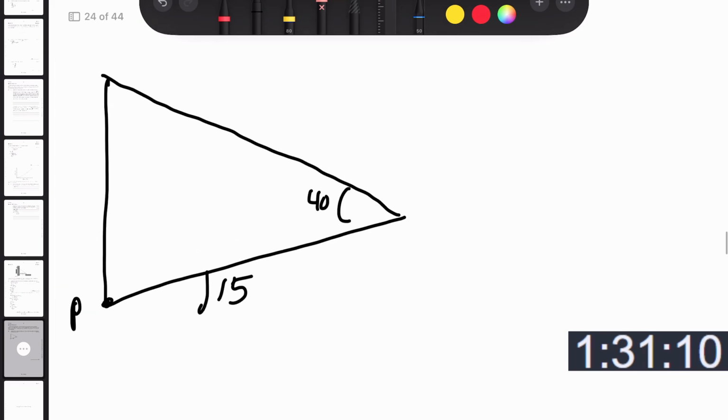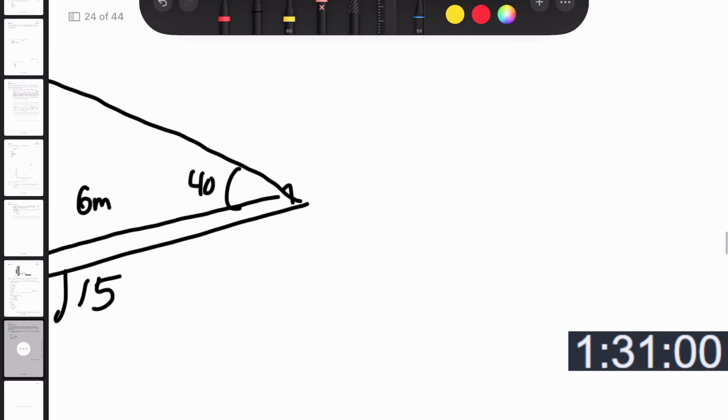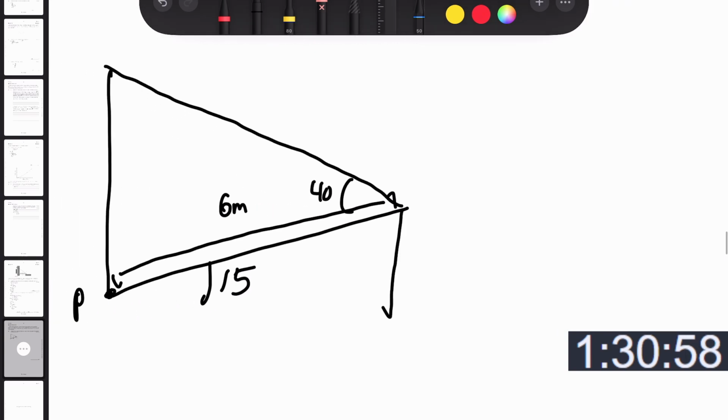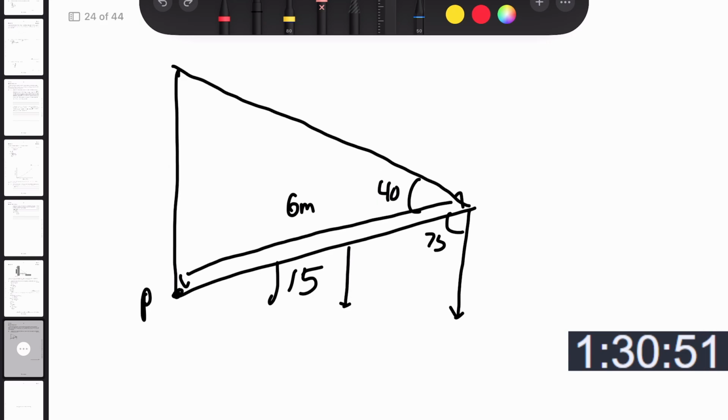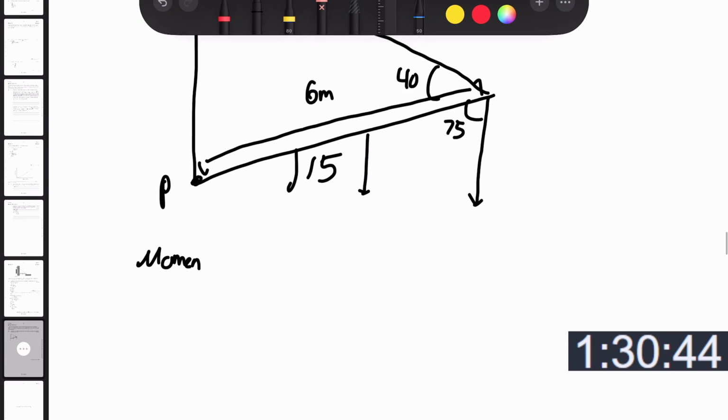So this is 40, and this full thing here is 6 meters. Okay. The angle of these are going to be 75. So take moments around P. And again, the sum of the anti-clockwise